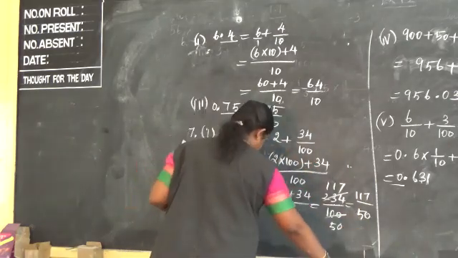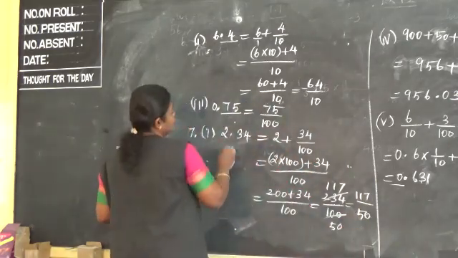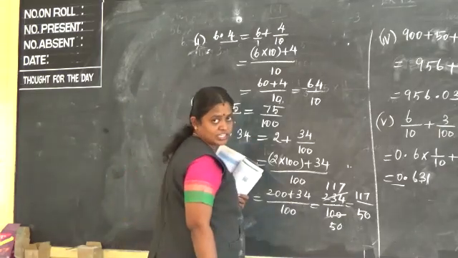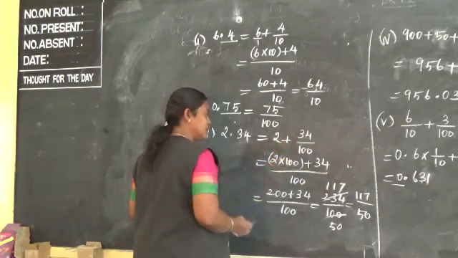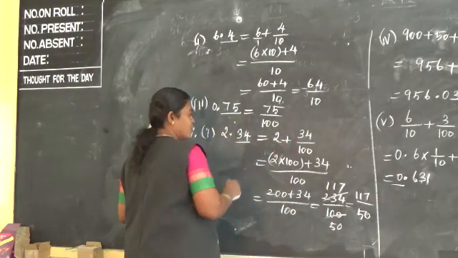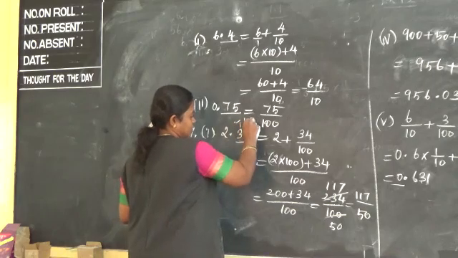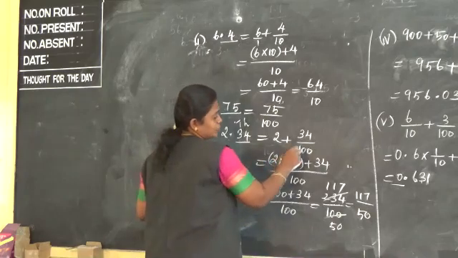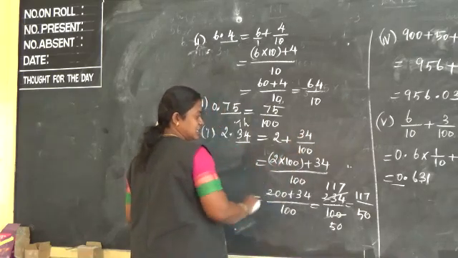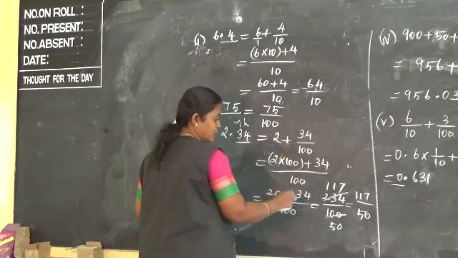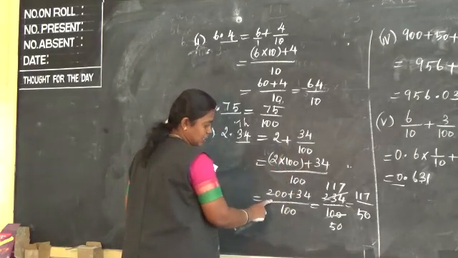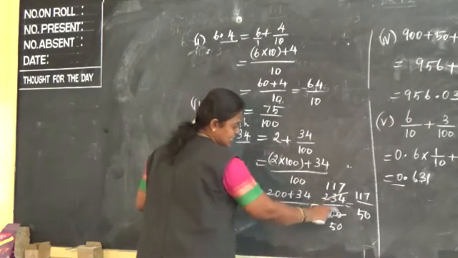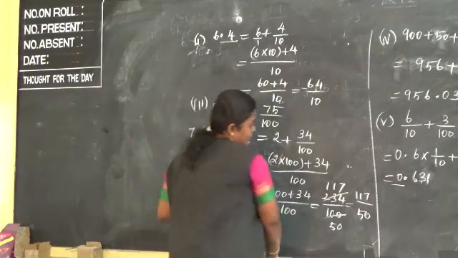Once again I am explaining, listen. Here 2.34 is given to us. 2.34 we can write as 2 plus 34 by 100. How? Here 4 is in the 100th place, 2 decimal places were there. That's why I am writing 100 down. So, 2 plus 34 by 100, if you are taking LCM, 2 into 100 plus 34 divided by 100, 2 into 100, 200 plus 34 by 100, we can write it as 234 by 100. If you are cancelling, 117 by 50.